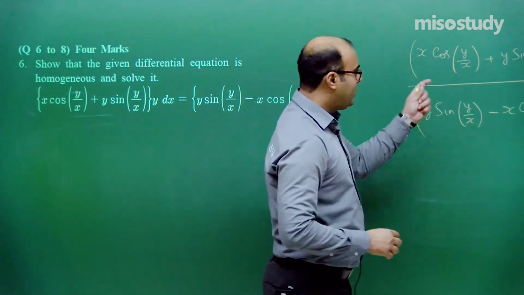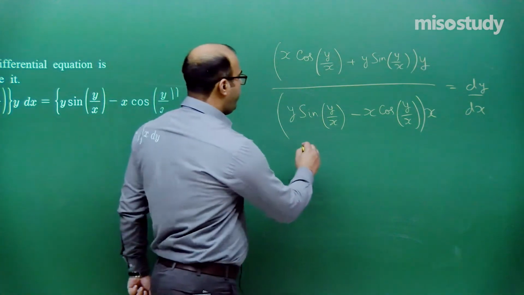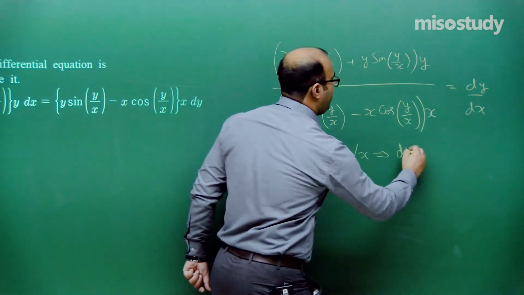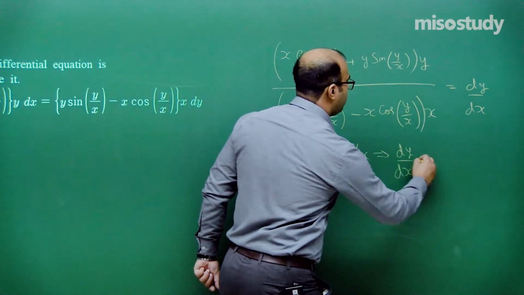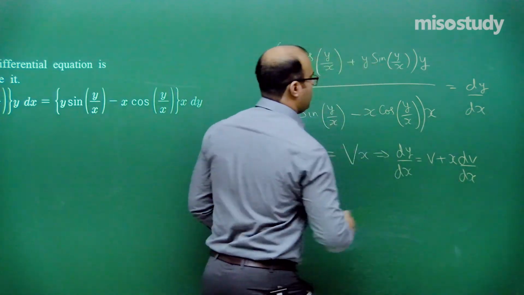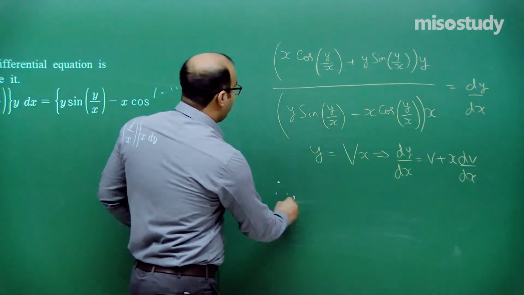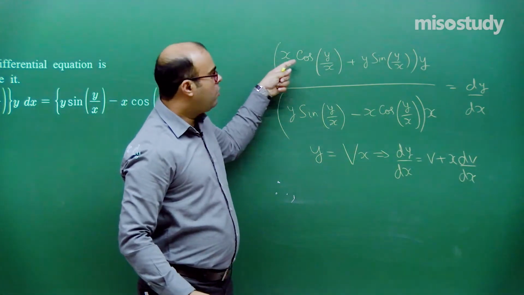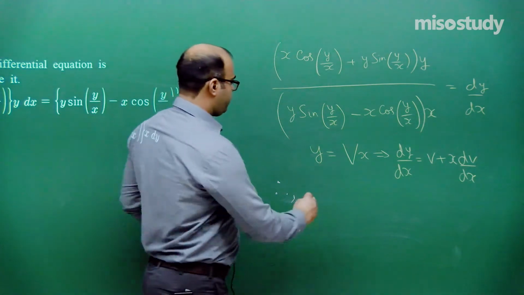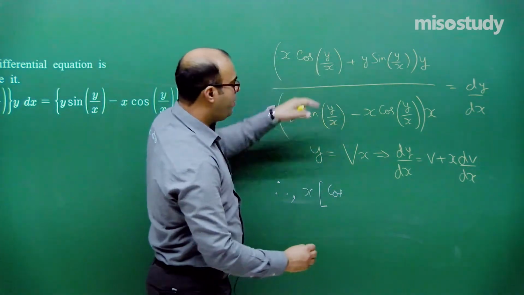Now after finding that this is a homogeneous differential equation, what is the substitution we do? We put y is equal to Vx, from which we get dy by dx is equal to v plus x dv by dx. Therefore this differential equation will become, x we are not touching, y we are putting as Vx. So x will come out to be common, and this will become 1